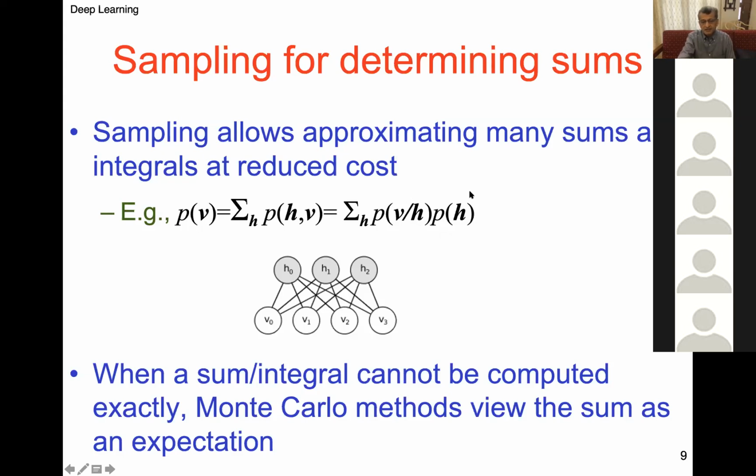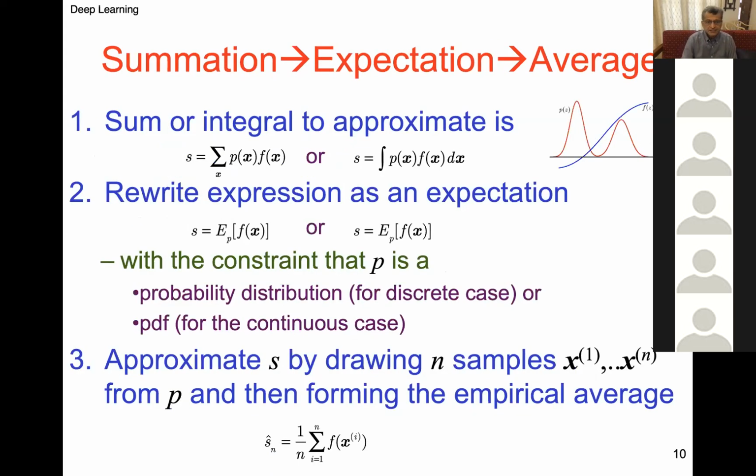And also, if you know the distribution over H, you can use these two together to determine PV. So there is a summation. When the sum or integral cannot be computed exactly, Monte Carlo methods view the sum as an expectation. If we have a large number of possibilities, then we view that as an expectation. So let us show this line of thinking. A summation is treated as an expectation, and once you treat it as an expectation, that can be approximated by